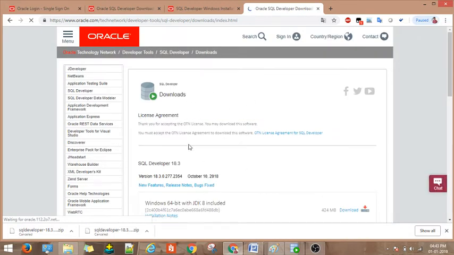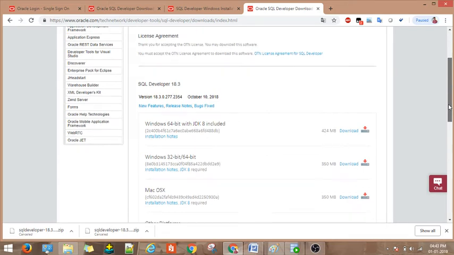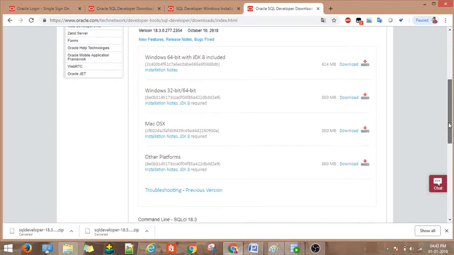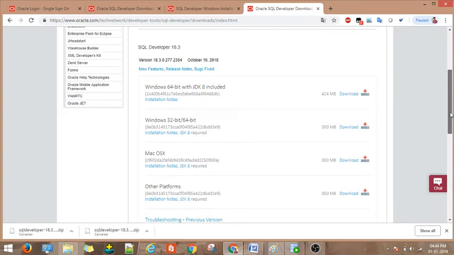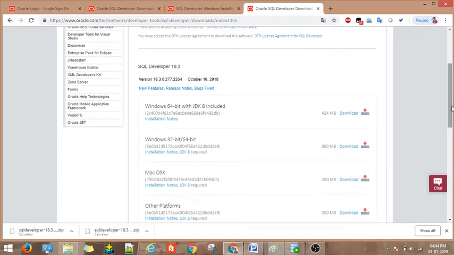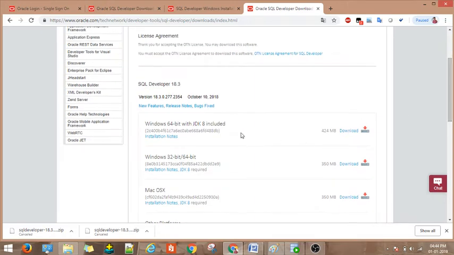Here we have the SQL Developer tool. We have different options here, like Windows 64-bit with JDK, Windows 32-bit, Mac, and other platforms. I am discussing only Windows. Go for the first one, Windows 64-bit with JDK.